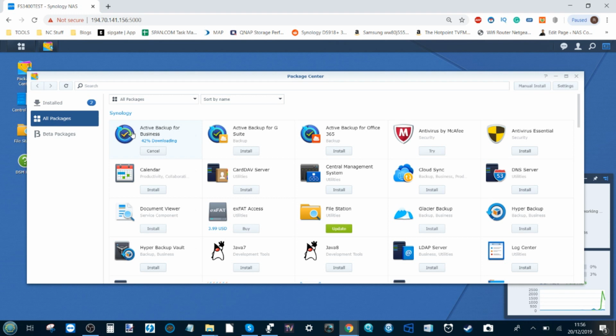On top of that, from virtual environments to Android environments to remote environments, network environments and more are all managed by this one app, and we will take a look at that one. As well as backups for Office 365, which is the cloud-based Office program, that allows all of the documents and all of the accounts and the users, their logins, their emails and everything to be backed up via Active Backup for Business on your NAS. Same goes for Google and their G Suite